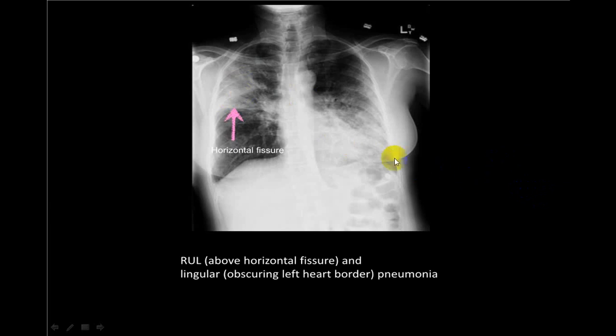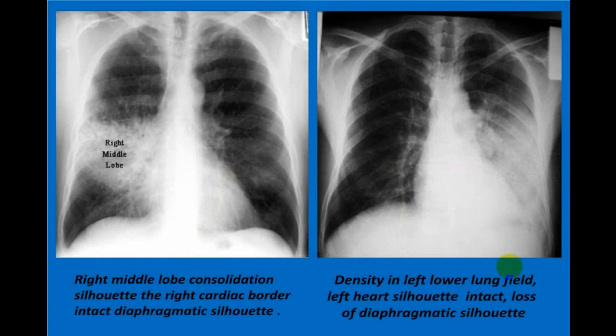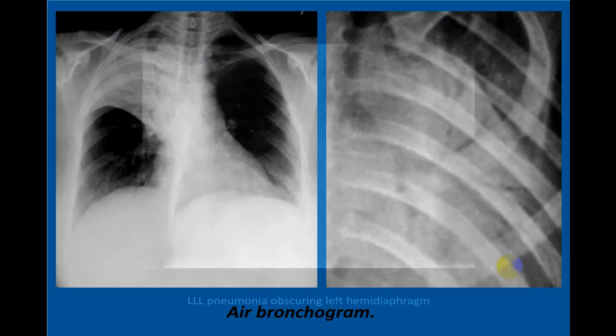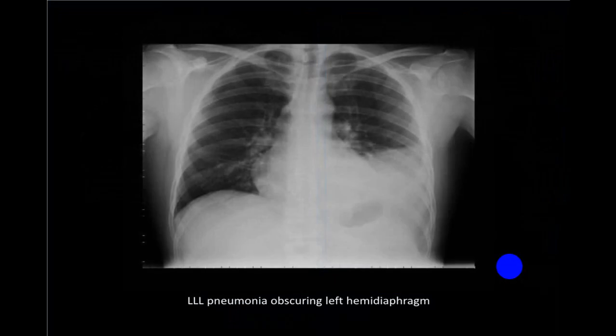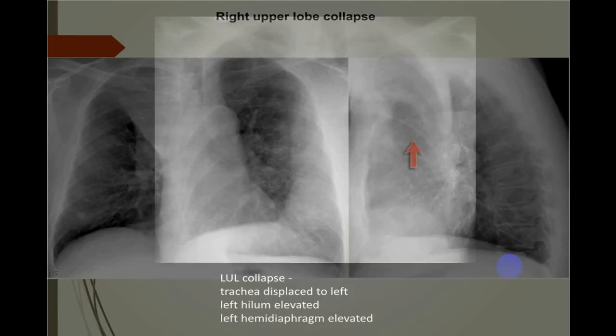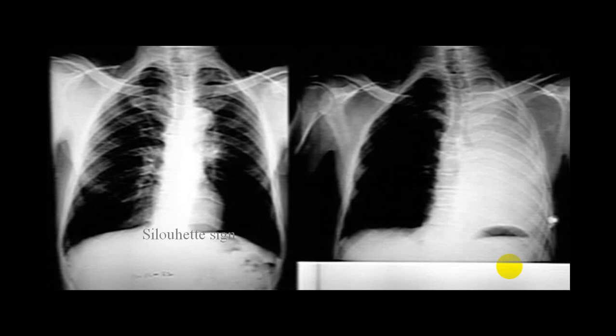So try to argue out, and this is a female, breast shadow can be seen. So try to look at all these signs. Is that clear? Lot of x-rays are there. Have a pause, make your own diagnosis, and try to correlate with what is written on the X-ray plates here. What is written here? Okay. So I am showing you one by one all the different x-rays. So go through all those and try to argue out, and then make the diagnosis.